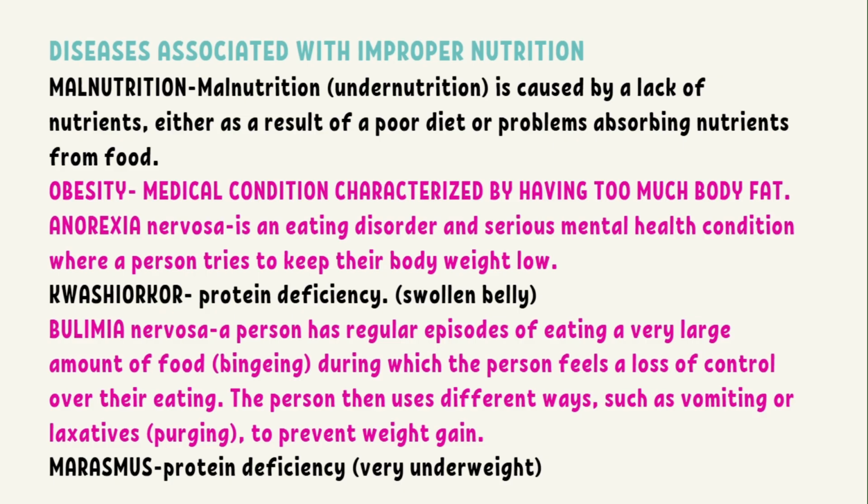Then you have kwashiorkor, which is a protein deficiency. If you ever see those pictures with some little child where the belly just hangs out, like you can see the rib cage and then you just see the belly swollen, that would be the kwashiorkor that they have. And then you have marasmus, which is another protein deficiency where they just dry out, they look meagre, dry, skinny. So basically, kwashiorkor and marasmus are both protein deficiencies, but